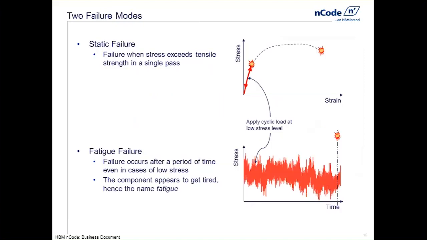So when we think about structural failure, the first thing that usually comes to mind is just a simple static failure. If we look at this top plot here, we're looking at the behavior of a material as it's failed under a single pass. So this would just be a standard tensile test. If we look at the stress strain plot there, if we follow the red line up all the way through